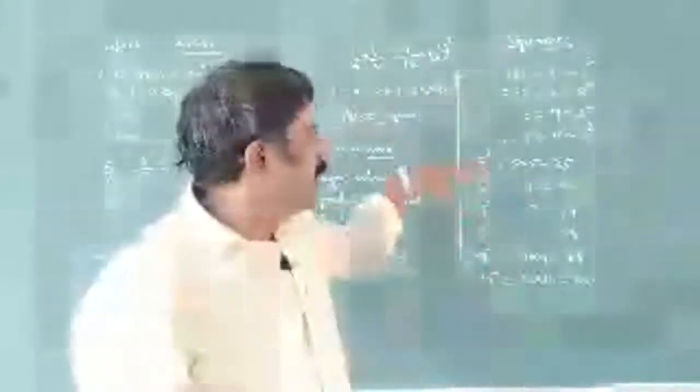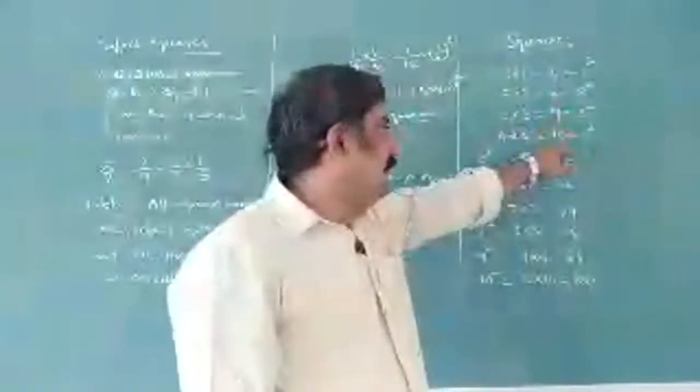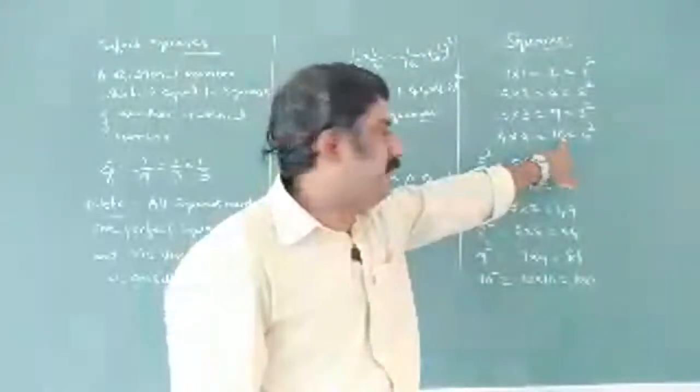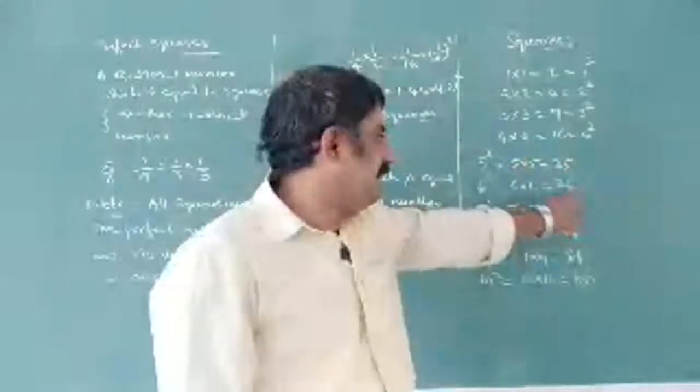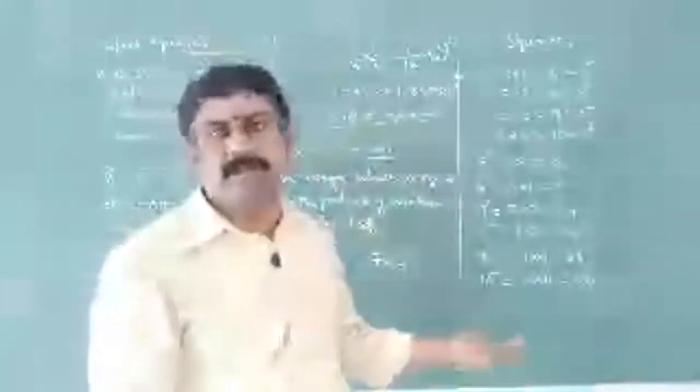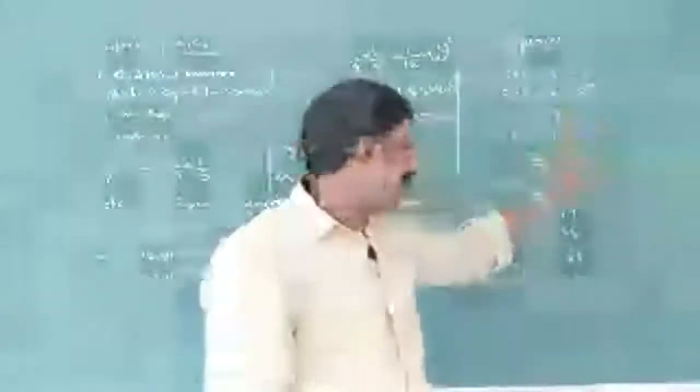What is our observation? Observe here just the unit digits, the ones place. First of all 1, then 4, 9, here 16 we have, but we are observing only the 6. In the units place we are observing 6, 5, 6, 9, 4, 1, 0. Observe, is any repetition going to be here? Yes, repetition is possible. For 1 square we are getting 1 in the units place, and even for 9 square we are getting 1 in the units place.